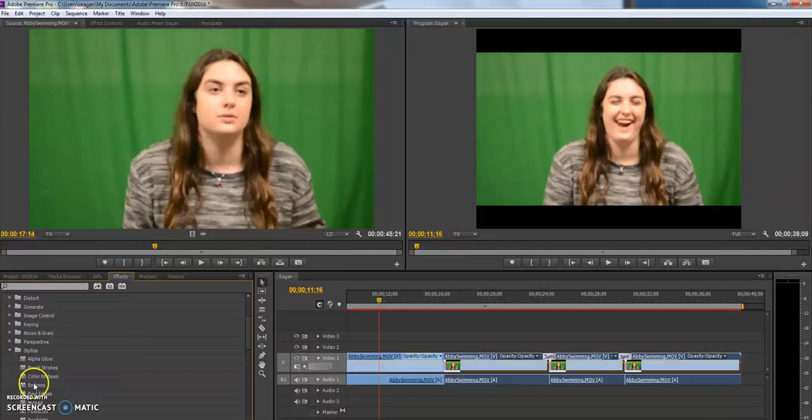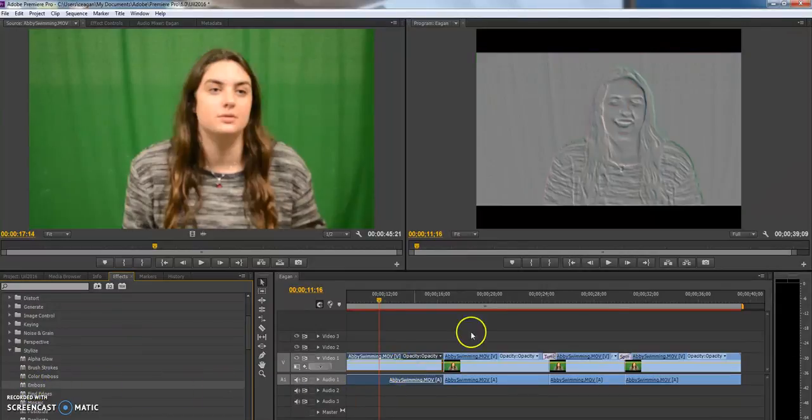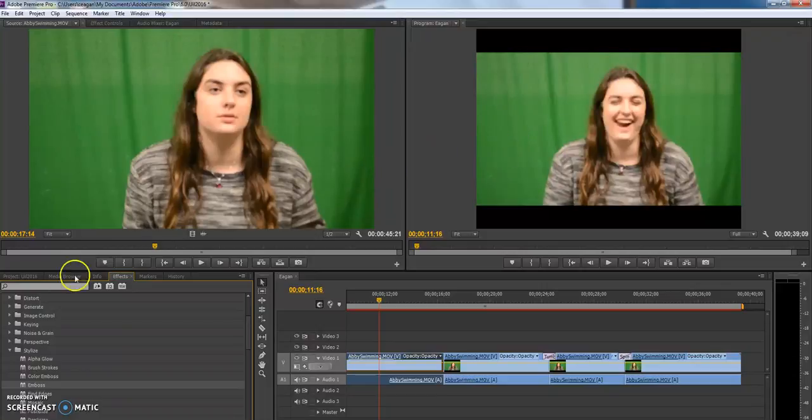If I pulled embossed over onto this part of the film, look at what happens. So you could change that whole portion of the film to embossed. Or maybe for your credits at the end, you might want to say starring Abby Atkinson. Well, then maybe in just that part, you could have it where it was embossed. Now I'm going to hit Control Z again to back out of one space,